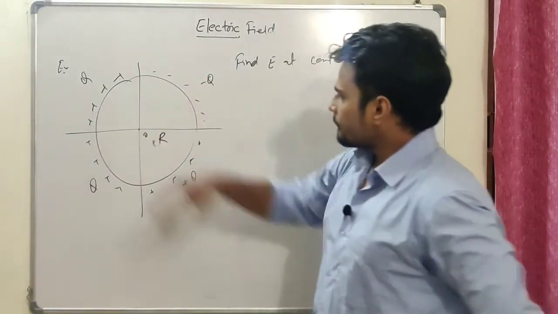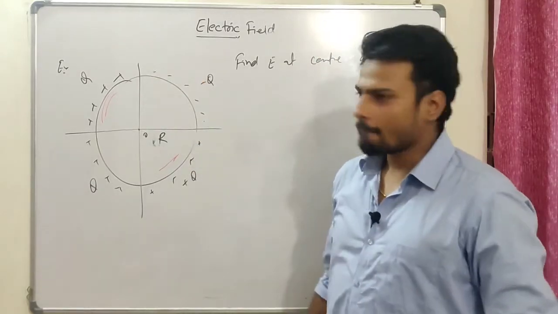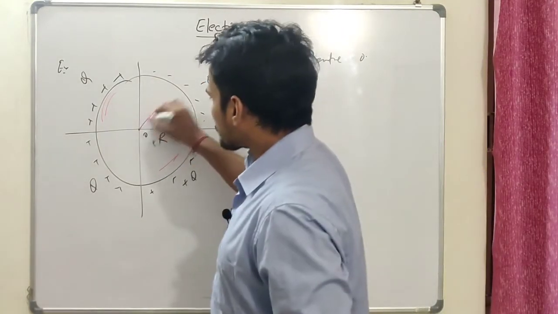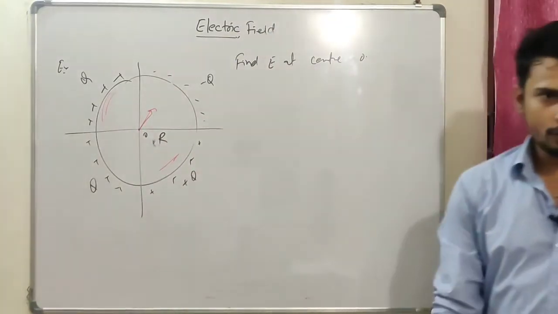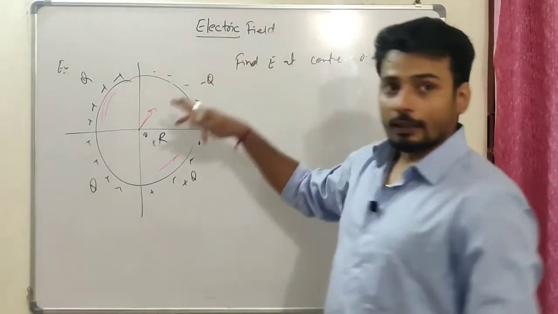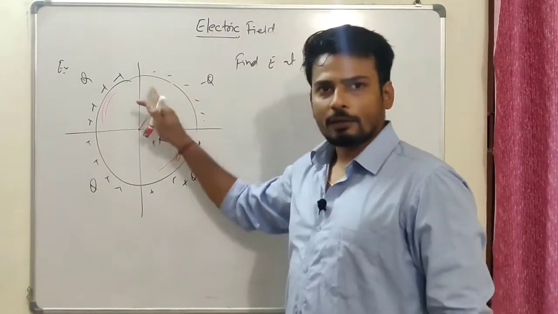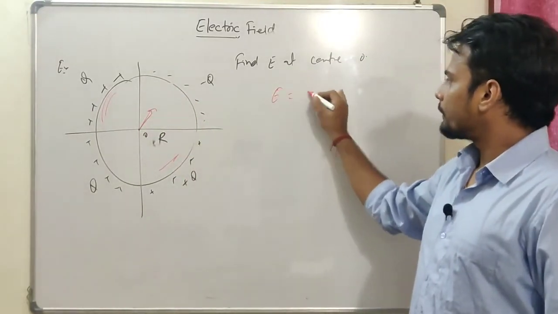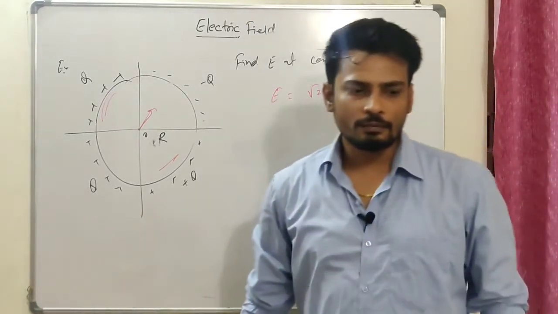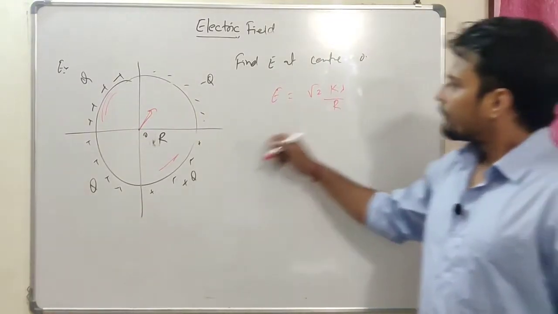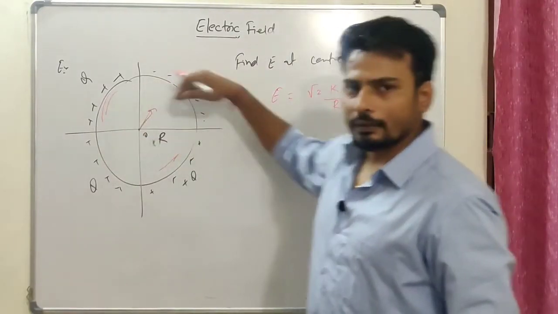If I look at this, I can see that this positive and this positive nullify each other. So the net electric field should be in this direction because of this as well as this. Now, how much should the answer be? Just now we found it for an arc which is a quadrant, and the electric field was root 2 times kλ by r. So this is what I'm going to get. These are in the same direction, so we will have 2 times this, because of this and because of this.